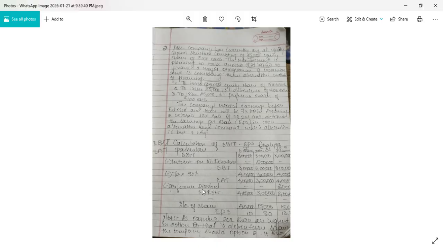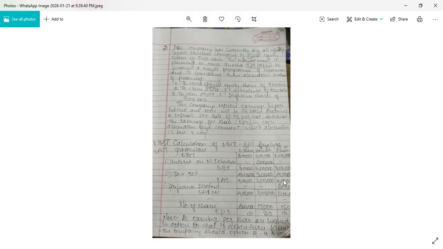Now after deducting preference dividend from earnings after tax, we will get earnings available to equity shareholders. So how much is our EAT? 4 lakh, 3 lakh, again 4 lakh. From 4 lakh, there is no preference dividend in the first alternative, nil. Same as it is, we will get 4 lakh. In the second option, 3 lakh. So here we don't have preference dividend. So as it is, we will take down 3 lakh.